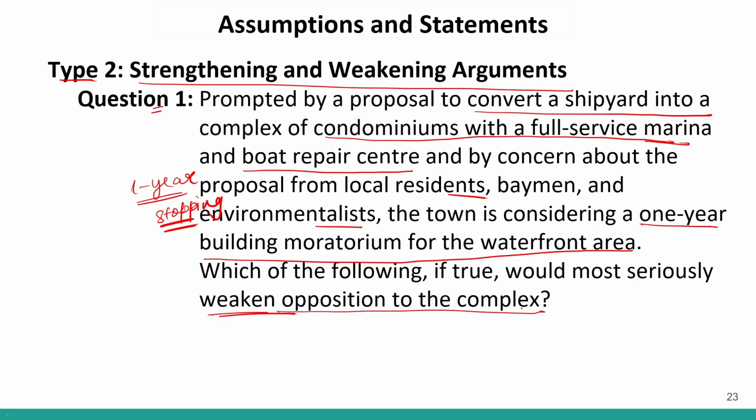So we have to identify a statement by which we can say that we should not put a 1-year stop that would weaken the opposition to the complex. Okay, so let us look at